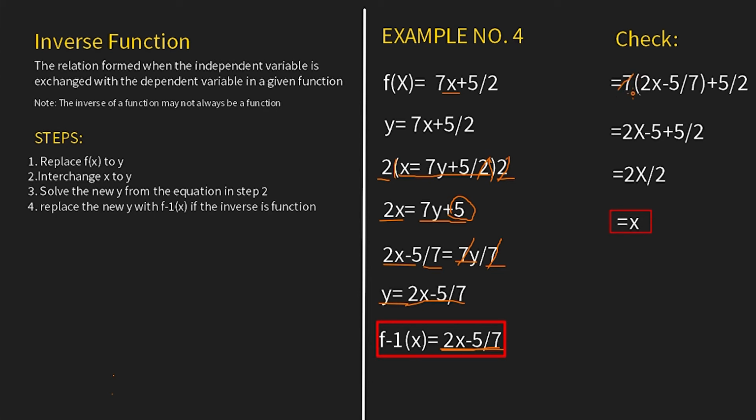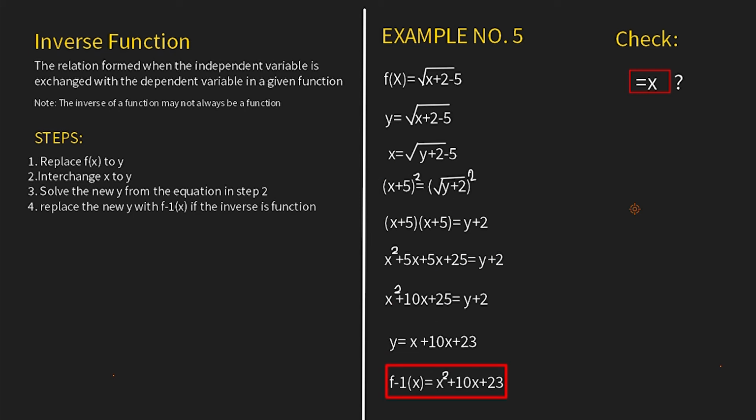Now we cancel 7. We cancel the like terms. Now we have 2x minus 5 plus 5 over 2. Now if we compute, negative 5 plus 5, we'll have 0. Now we are left with 2x over 2. So if we cancel 2, we'll have x. So our f inverse of x is equal to 2x minus 5 over 7 is correct. It's an inverse function. We are on our fifth and last example, which is f of x is equal to